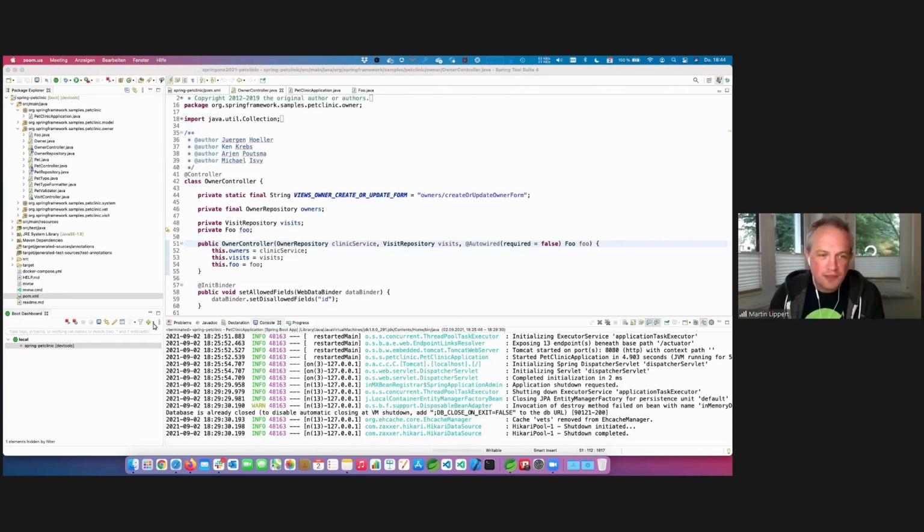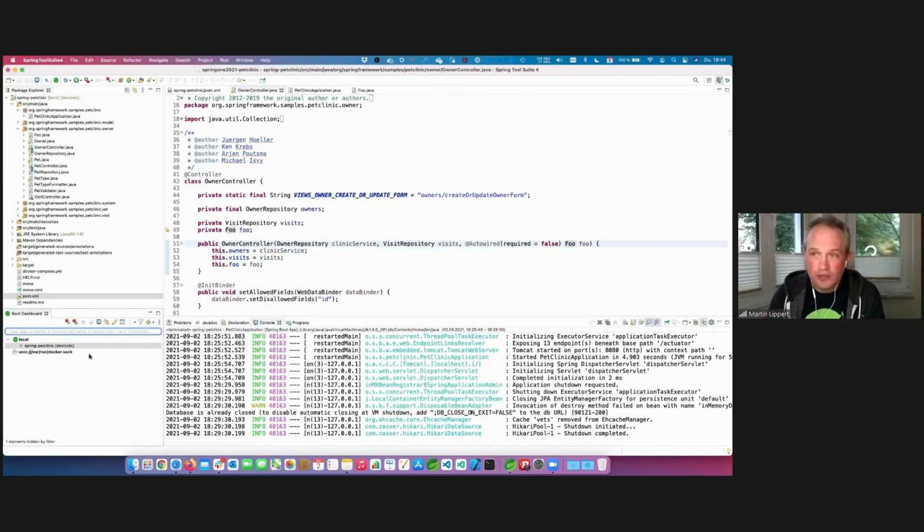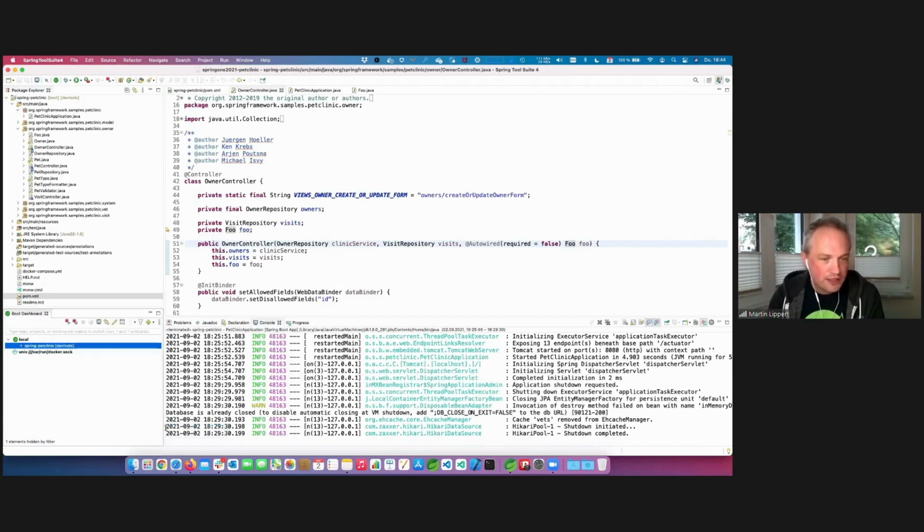We have added some nice little integration into the tools here that makes it a little bit easier. So I can just add a Docker target for my locally running Docker agent to my boot dashboard. And then I can just drag and drop or click deploy. In this case, I say debug this on